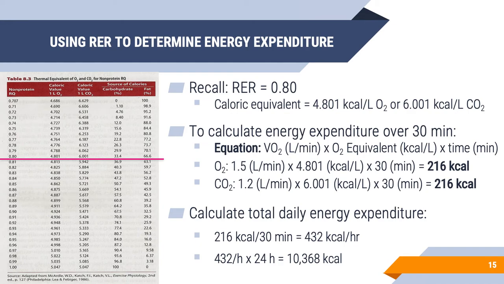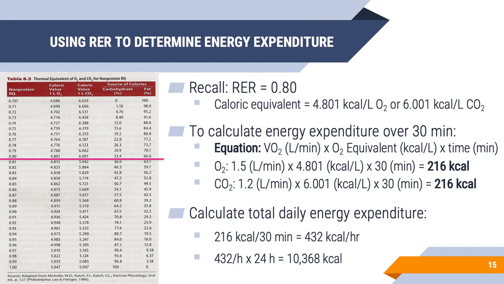To calculate energy expenditure over time, we turn back to our equation that we mentioned before, in which it's VO2 in liters per minute times oxygen equivalent in kcal per liter, multiplied by the amount of time that we're exercising in minutes. We can do this with either VO2 or VCO2, but we'll start off with VO2. So on the O2 side of things, we have 1.5 liters per minute from the last slide, multiplied by our oxygen equivalent, which is 4.801 for the RER of 0.80, multiplied by 30 minutes, we get 216 kcals of energy